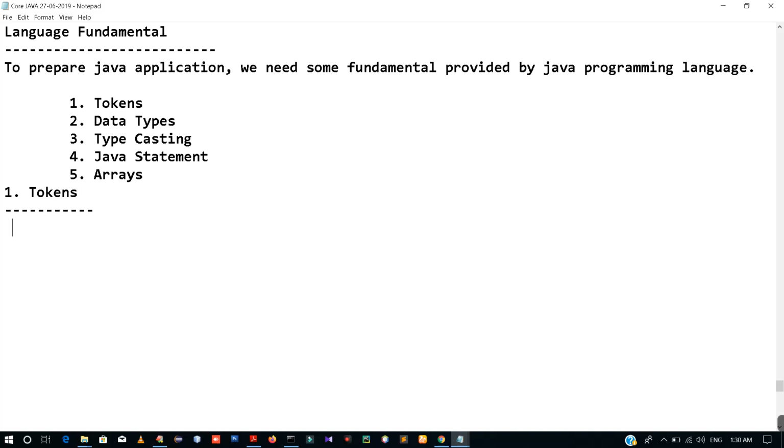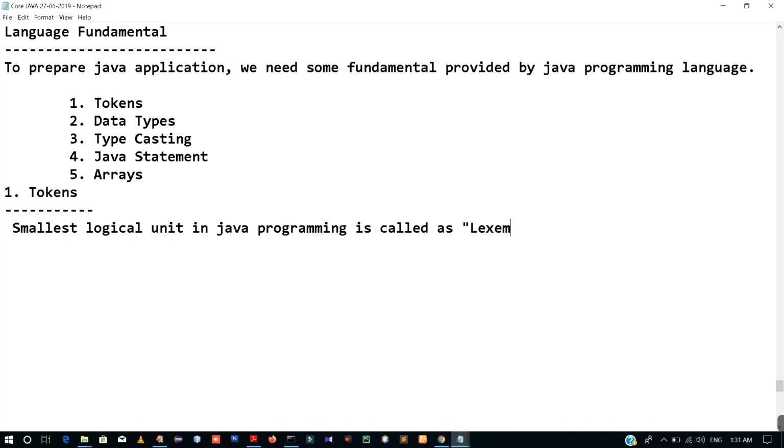The smallest logical unit in Java programming is called a lexeme, right? The smallest logical unit in Java programming is called a lexeme, and